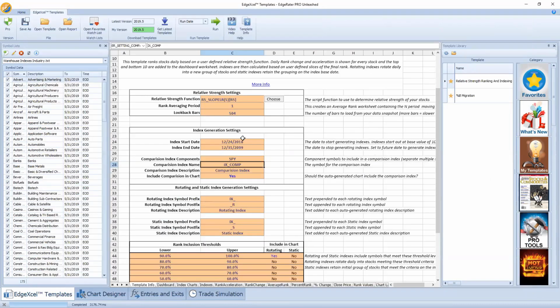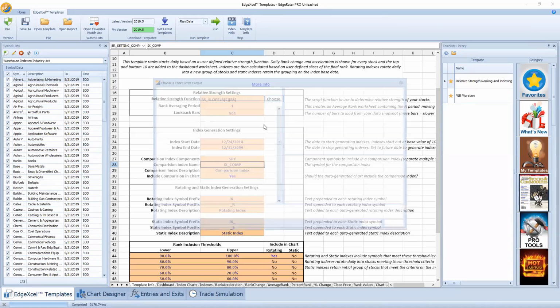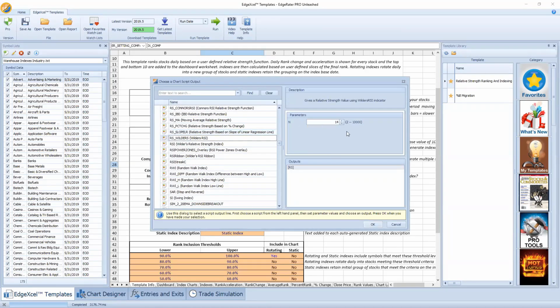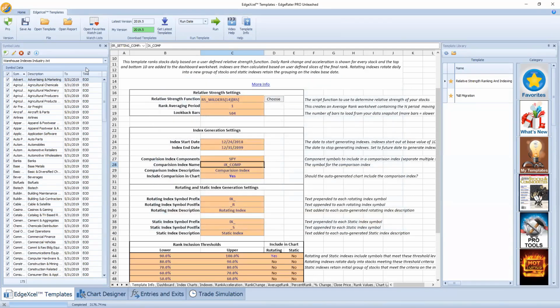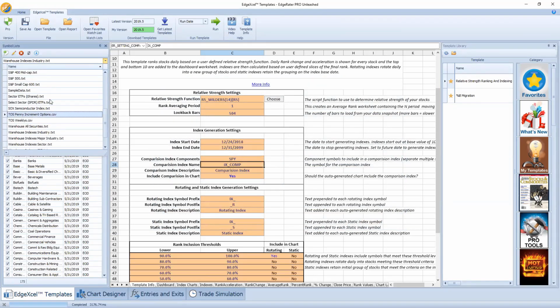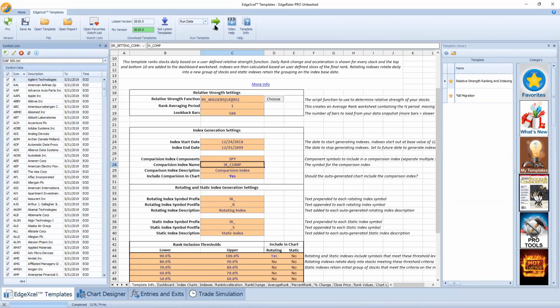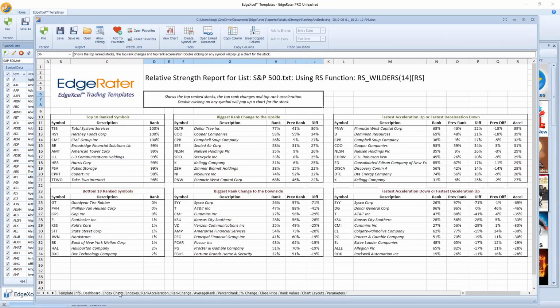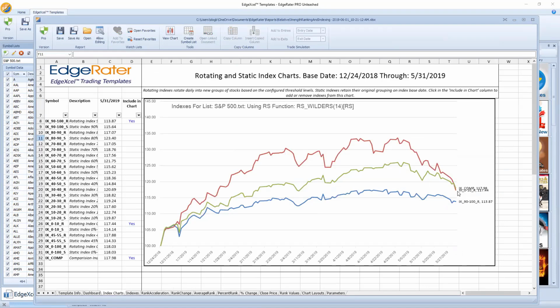I know we've run over time here, but these things are very interesting. And let's choose Wilder's RSI in here. Default parameters are 14 days for that. And let's choose the S&P 500 again. Let's go back there. Okay, so index charts over here. So with Wilder's RSI, okay, we have